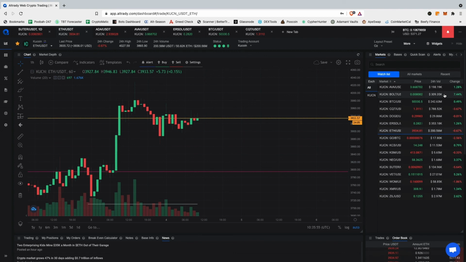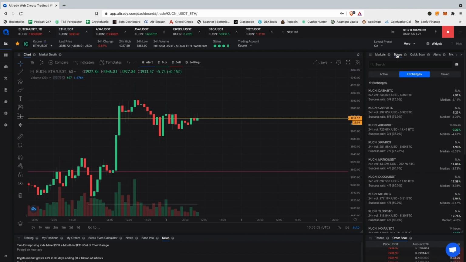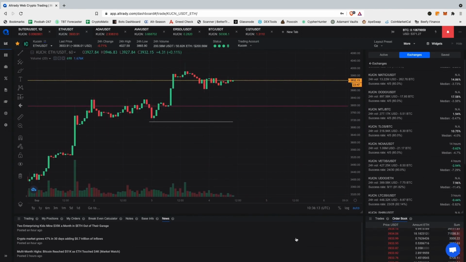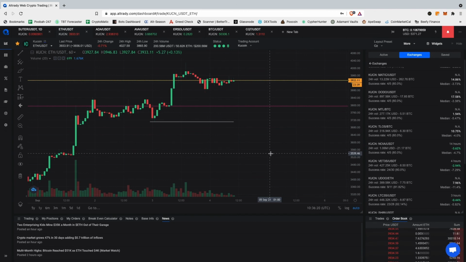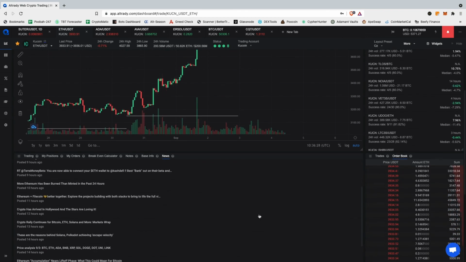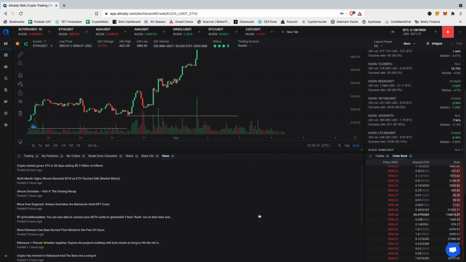Anyways, this was a short overview of Altrady. It's pretty cool for people who are trading. It's good because of the scanner, the bases, the alerts, how you can layer your orders. It's all great, and you get your statistics as well. And they have a pretty active community on Discord as well, which will be there to help you out. I'm just doing this review because I liked it. I think this has potential, but